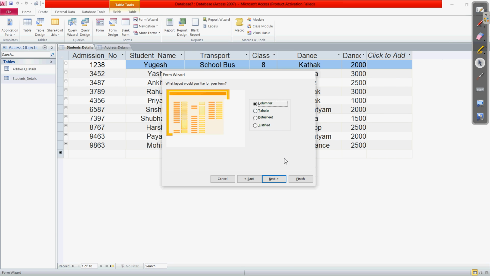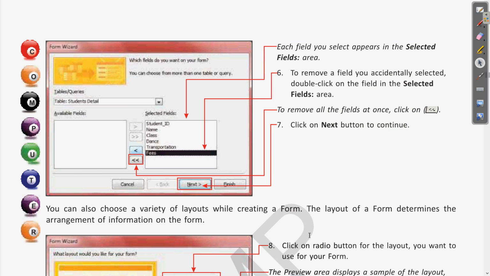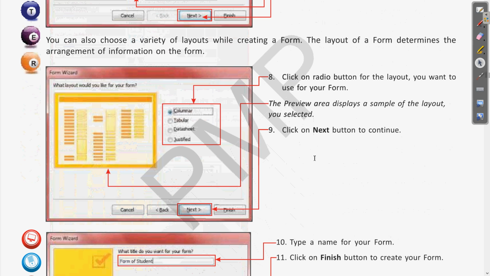The same is given in the book as well, on step number 8 and 9. You can see these are radio buttons. Which are radio buttons? The buttons which have a circular shape, and when you click on one, that is called a radio button. Clear? And the checkboxes we already know: the square boxes where we click and it is marked.